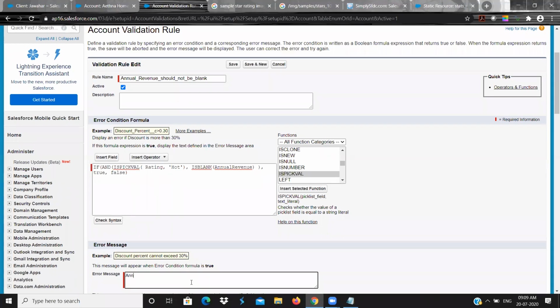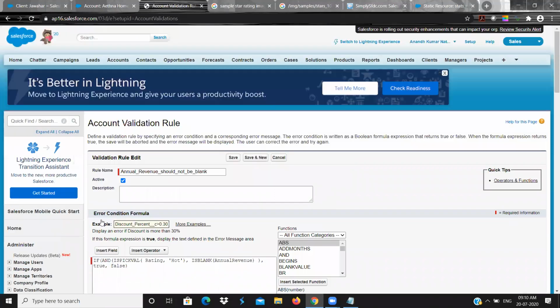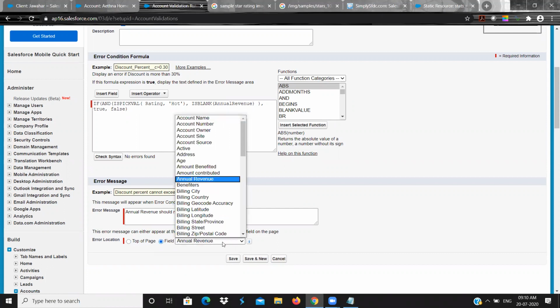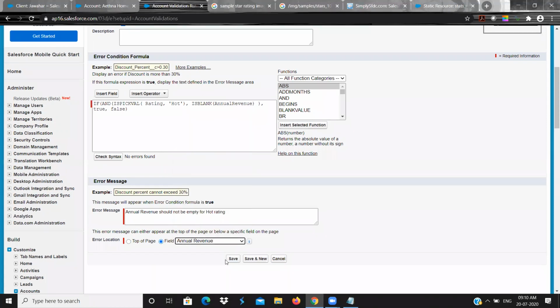Annual revenue should not be empty for hot rating. Okay, so check the syntax. We will go step by step. Once the syntax is checked, no error found. If you wanted to display the error message in the field, you can show it in the account annual revenue. Okay, so save it.